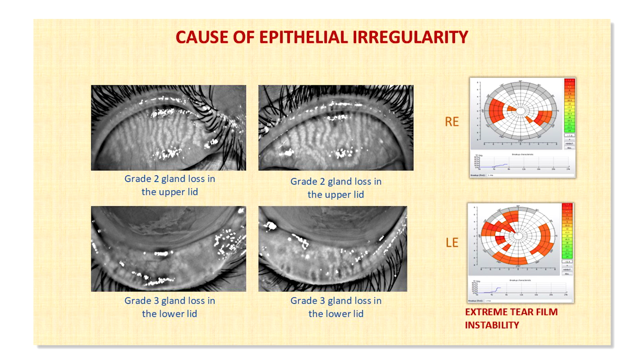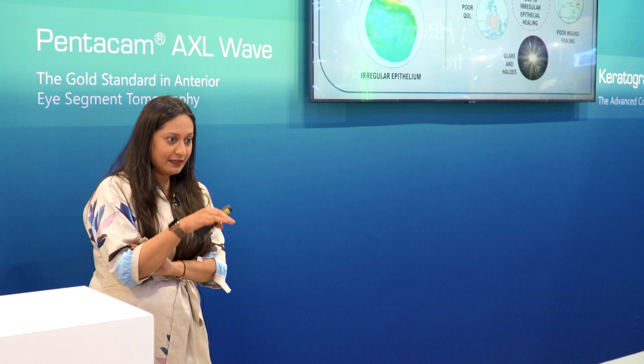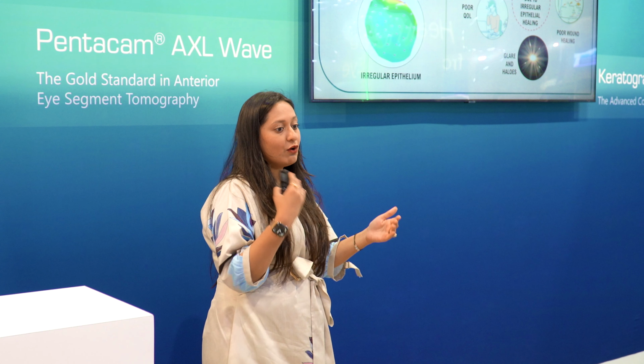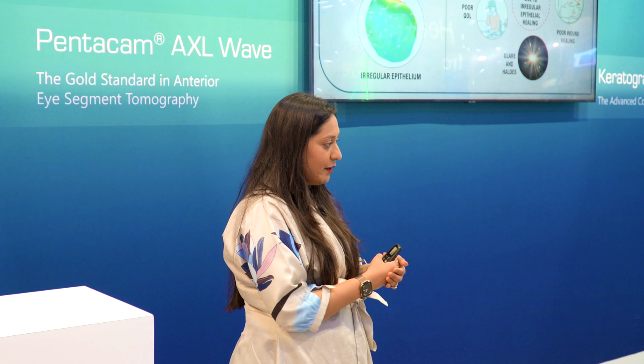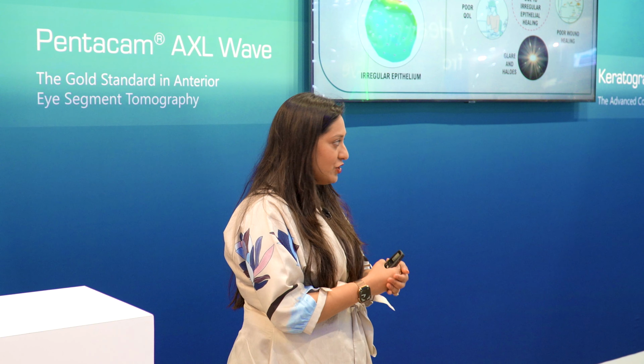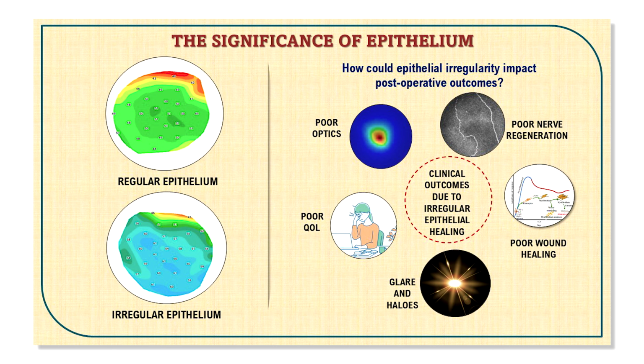And that's why a lot of your cataract and refractive surgery patients, especially the premium IOL patients, are not very happy, because the biometry is perfect. They have 20/20 vision, but the quality of vision is not very good in cataract patients, or in refractive surgery patients, because of the irregular epithelium. They have poor optics. The tear film you saw was irregular, so it's going to be irregular even post-surgery, and that's going to impact their quality of vision and lead to glare and halos. So the fault is probably not in how a doctor does the surgery, but something we missed pre-operatively, and that's why the patient is unhappy.